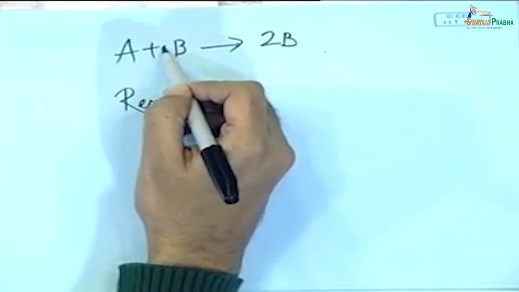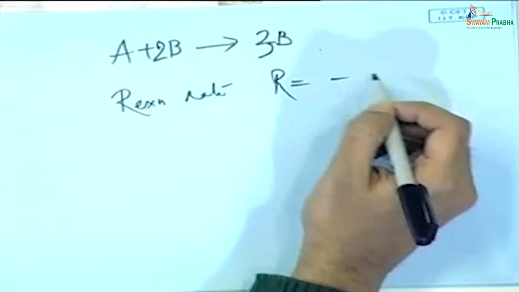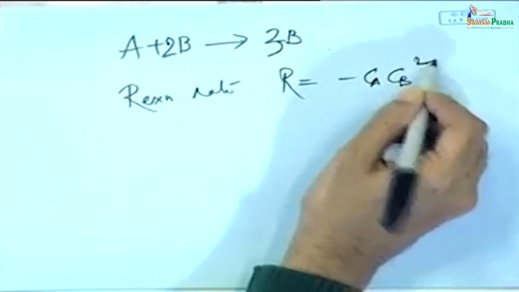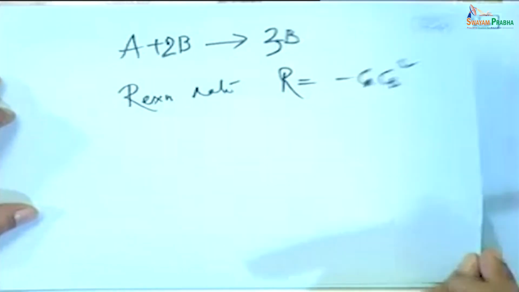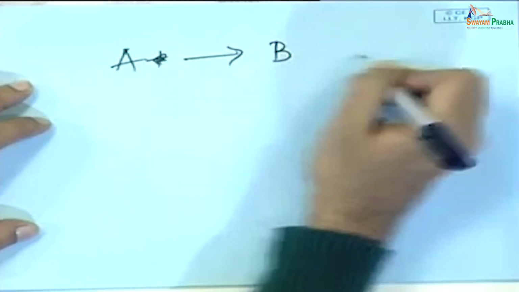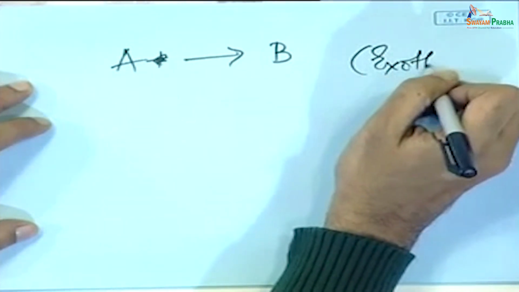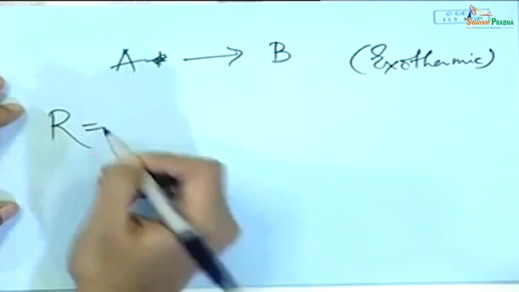Yeah, or if you have A plus 2B giving 3B, then the reaction rate R equals minus Ca Cb square, right? Fine. Now let me ask you this: A plus A just giving B, exothermic, what is my reaction rate? R equals